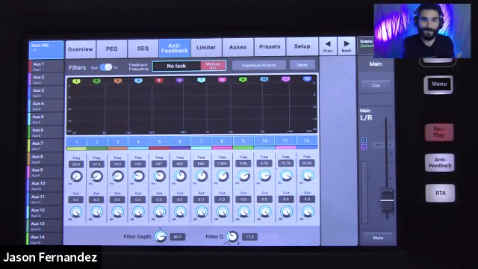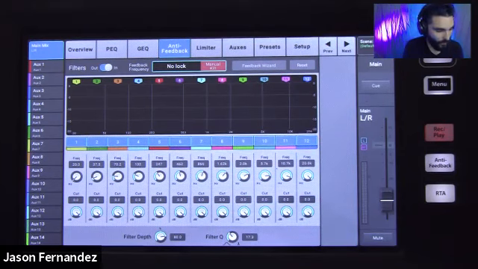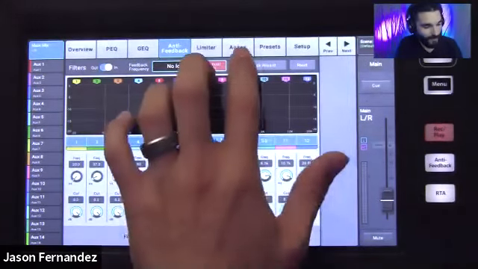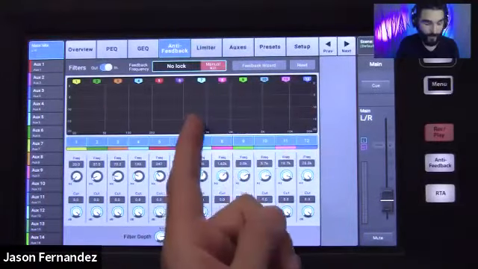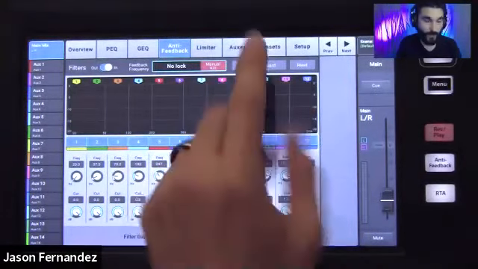But in the instance that you do get feedback, maybe you're in a weird setup, maybe you've got some microphones in front of your main PA speakers or something like that, you're going to want to run this tool to stabilize that PA system. So from that point, you're going to come in here and activate the feedback wizard. There are two modes here: the manual mode, and then there's the wizard, which is the automatic mode.